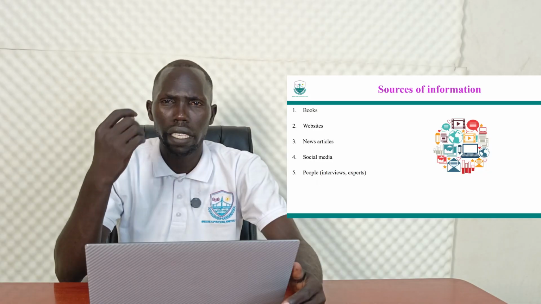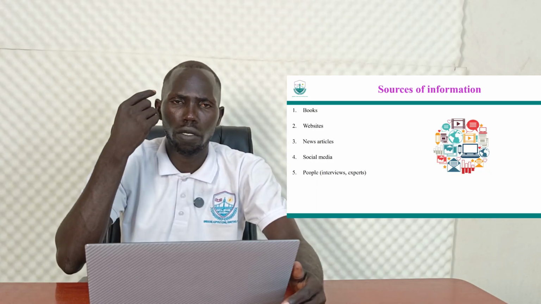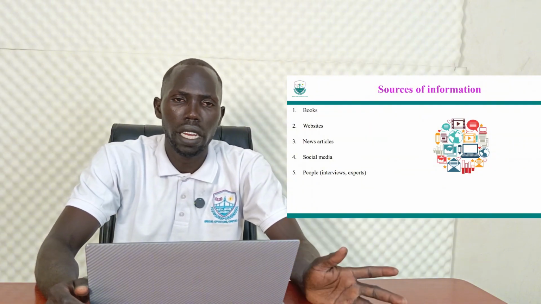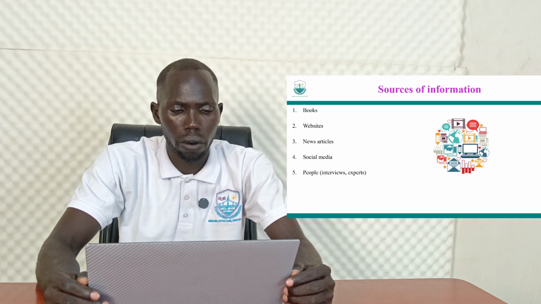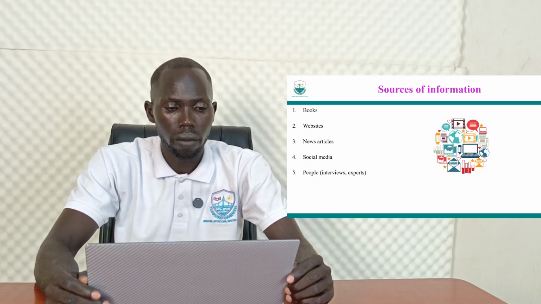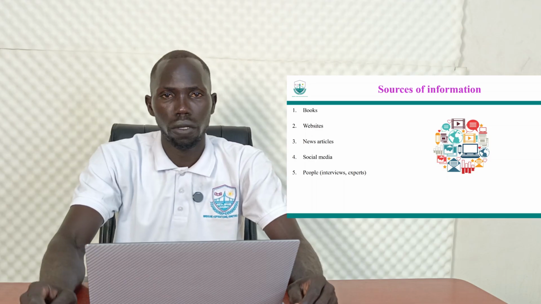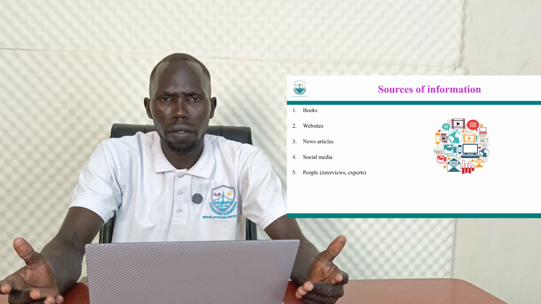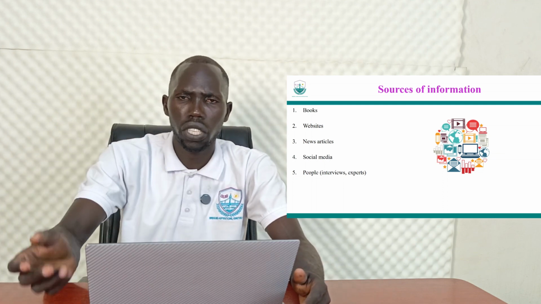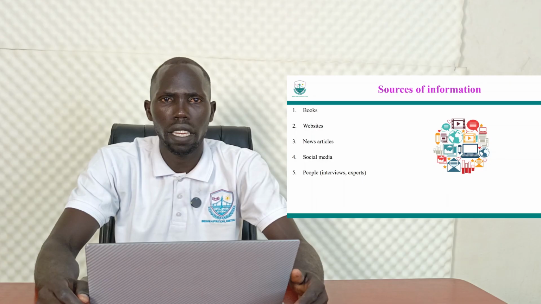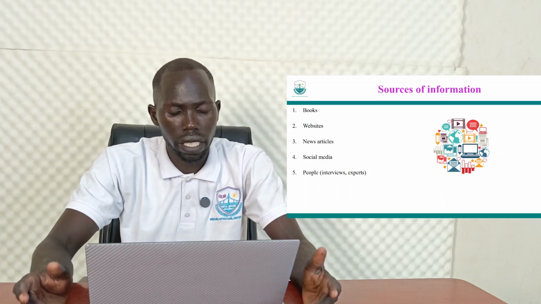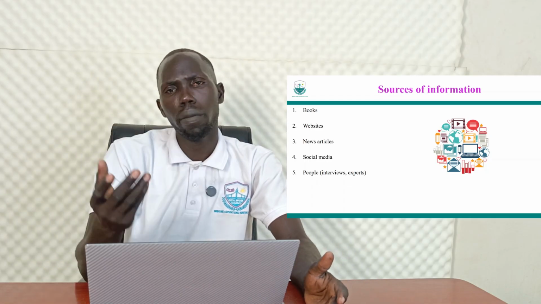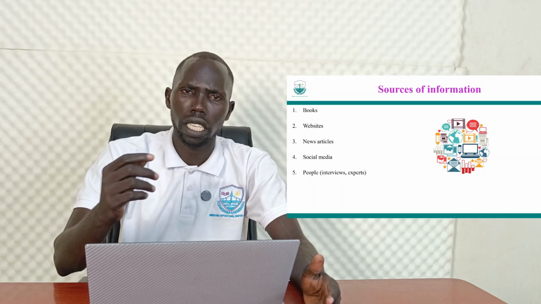You can get information using AI, you can get information from Google and many other social media platforms, including Facebook, TikTok, and others that are available. We can also get information from people through interviews. You can have a sit down with a renowned person or a government figure and find out through questioning such a person to get the information they have. So yes, we can get information through interviewing people, and the people we interview should be experts.